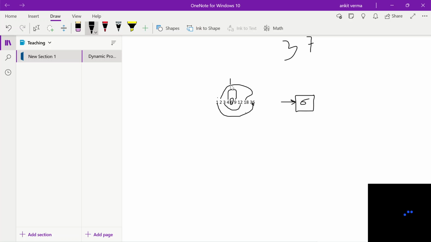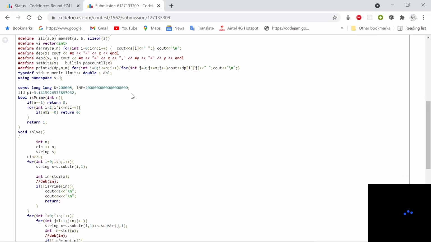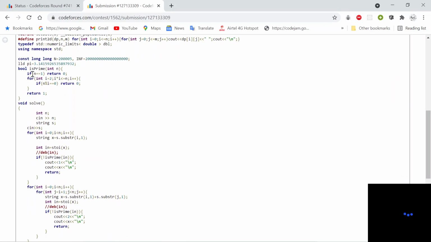So from this partition, if I check only these numbers, then I can check whether it is a prime number or not. If I check this side, there is no need to check the other side, because it is basically doing the same thing. So here I write the function according to that.